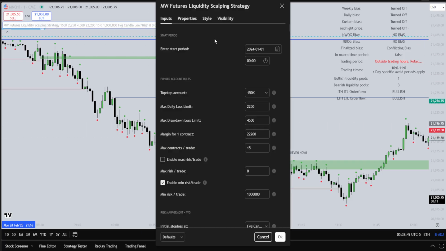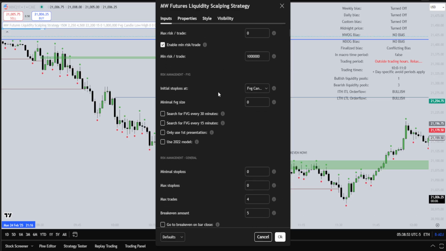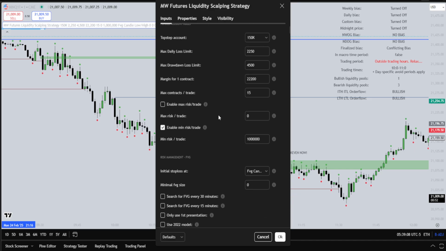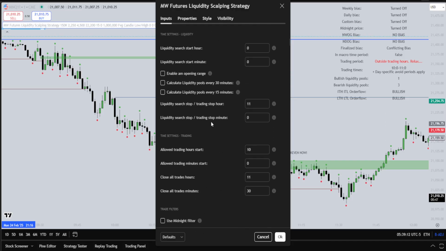So those are not the default settings that we are looking for, because with the silver bullet there are a few things that are important. You look at a fair value gap that's being created between 10 and 11. And you would also like to see potentially that one side of liquidity has been taken out compared to the opposite side. So what I will do to actually make sure that this will work is that my liquidity start hour,